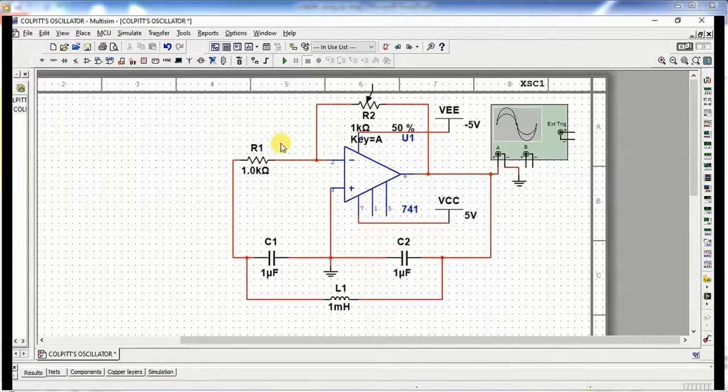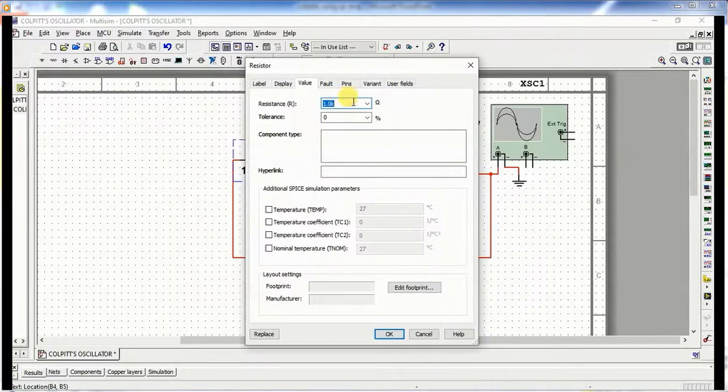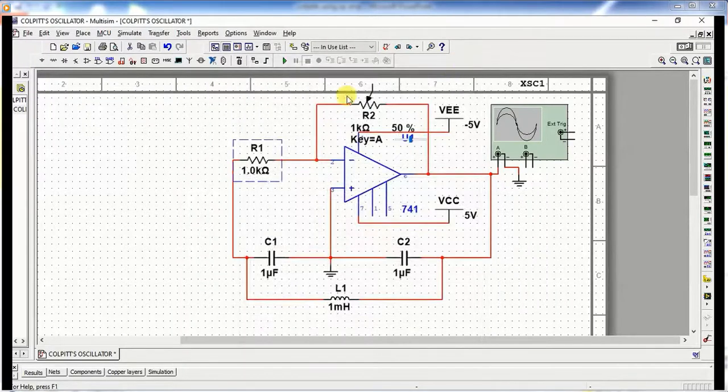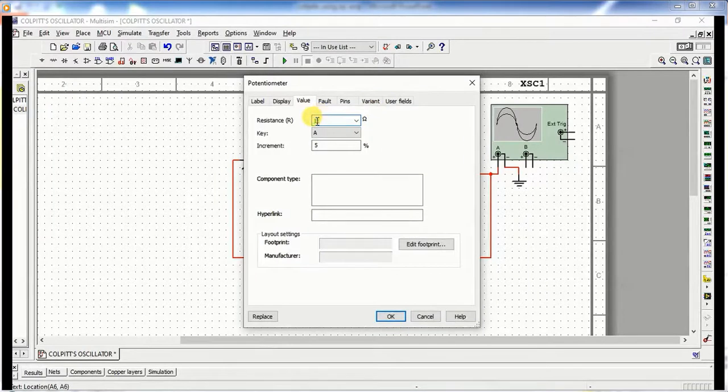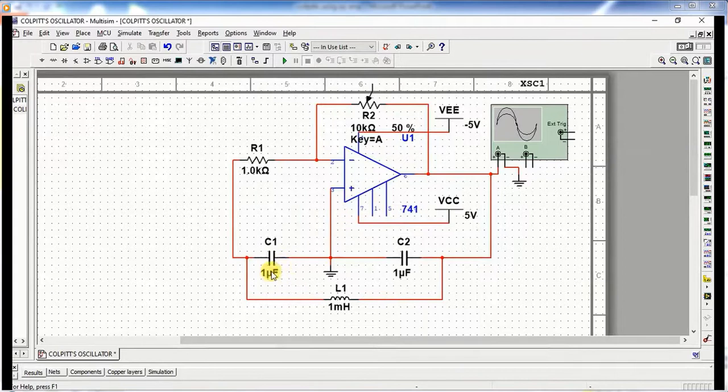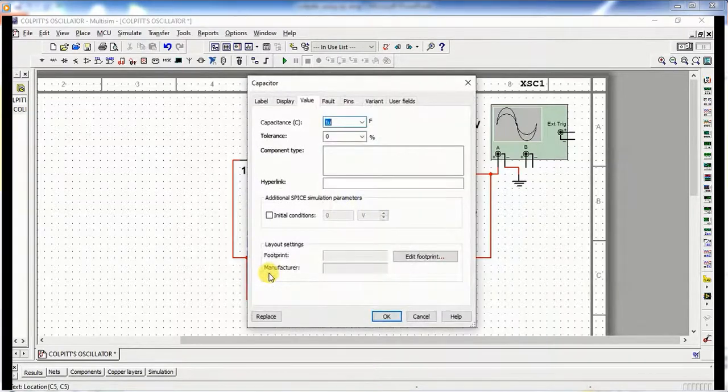Here you can also change the value of the components. According to our design example, you can change the value of the components. In our example, RF is equal to 10 kilo ohms, so you can change the value of RF, and you can also change the value of capacitance C1 and C2.